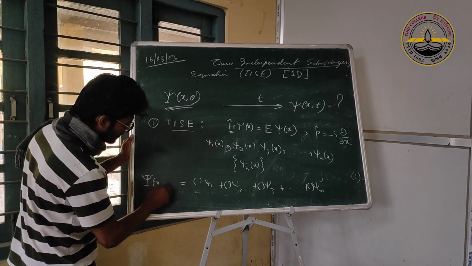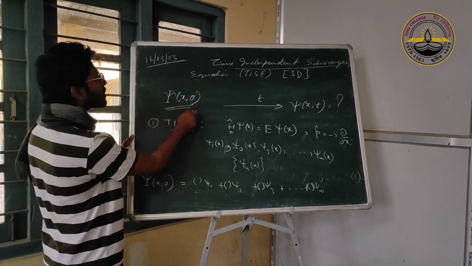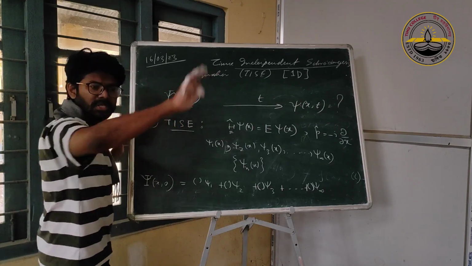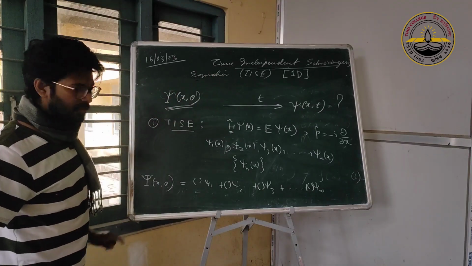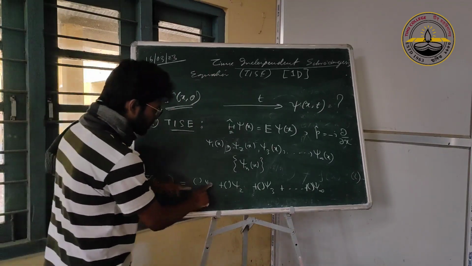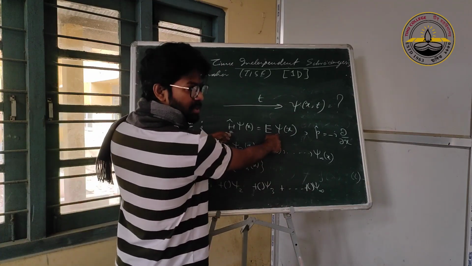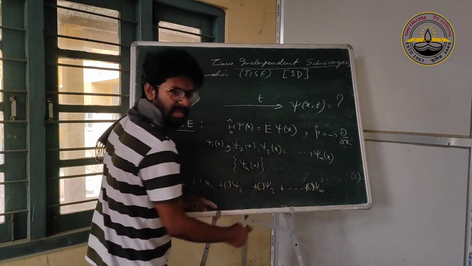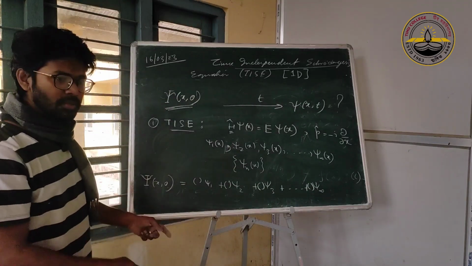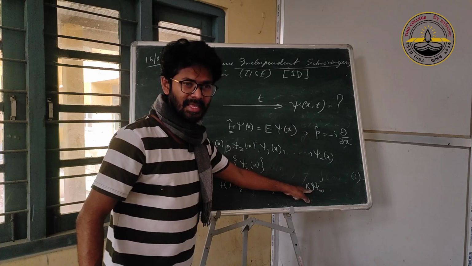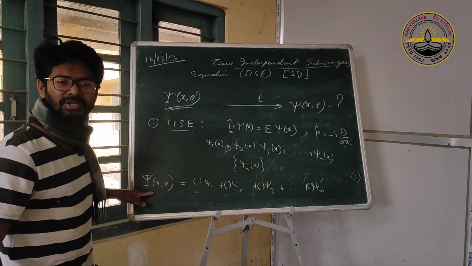this psi x of 0. Because psi x of 0 is just a function of x, right? At t equal to 0, so t will completely vanish from whatever that is. So choose your constants, because these are known functions, you have solved the Schrodinger's equation, found these psi's. And now, I told you that if you really tune wisely, you can reproduce this function, any function.